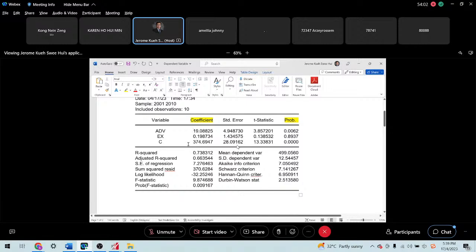But if you look at the constant value, it is 374. So what is 19, 0.19, and then this is 300 plus. There is a gap or divergence in terms of the coefficients here.